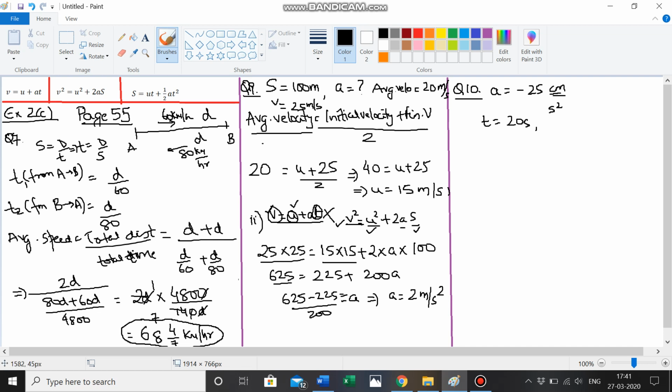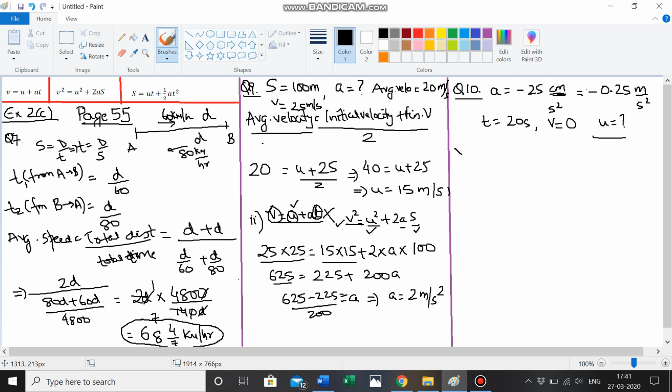This question is given in centimeter. I would much rather convert this into meter because that's the basic unit we look at. So then the acceleration will be negative 0.25 meter per second square, because 1 meter is equal to 100 centimeter. Therefore, 25 centimeter is equal to 0.25 meter. So now let's look at what we need to calculate. It says that the bus comes to stop, which means the final velocity is equal to 0. So we need to calculate the initial velocity. u is equal to question mark.